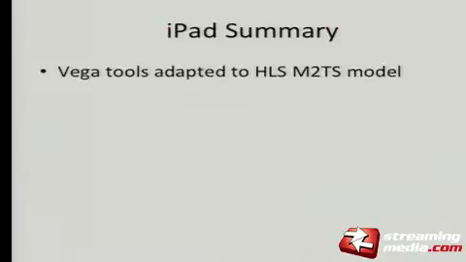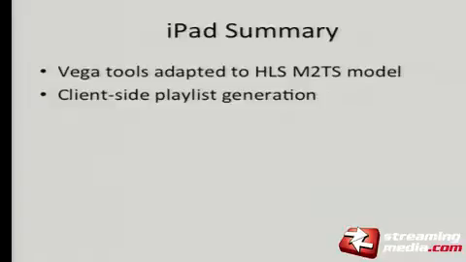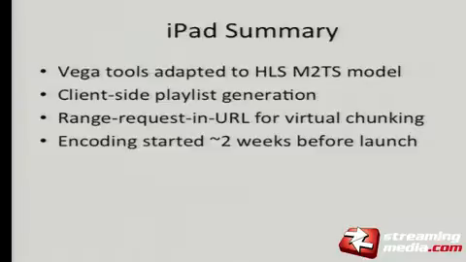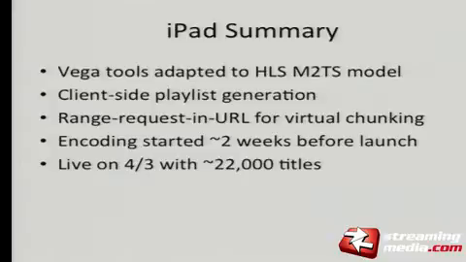So here's a summary of what we did. We adapted our Vega Blu-ray Live tools for HTTP live streaming. We did client-side playlist generation. We did range request and URL for virtual chunking. We actually got everything working, everything proven and tested 2 weeks before launch, and we went live on 4.3 with